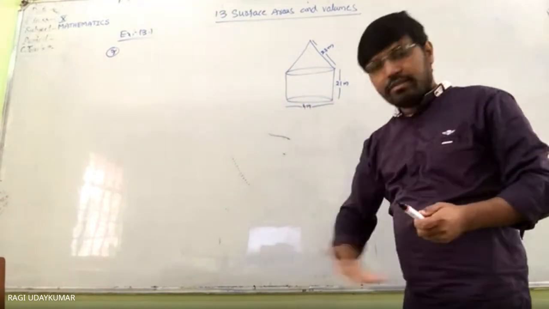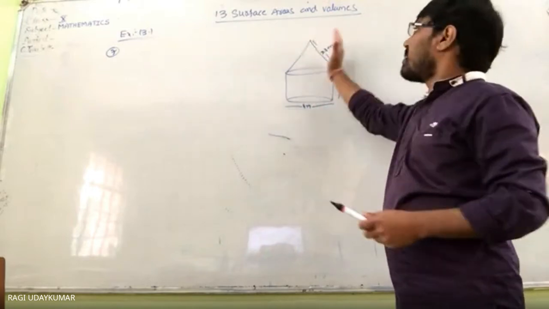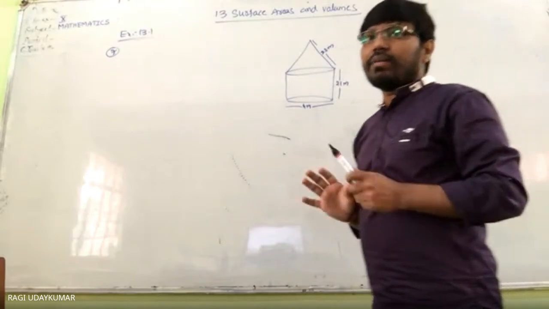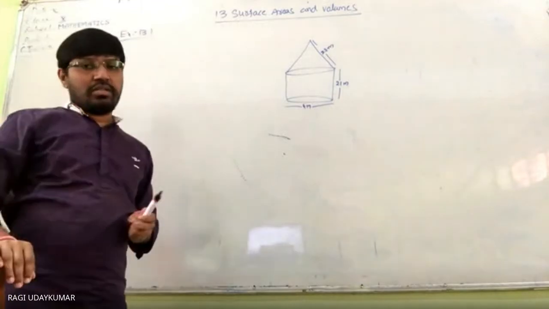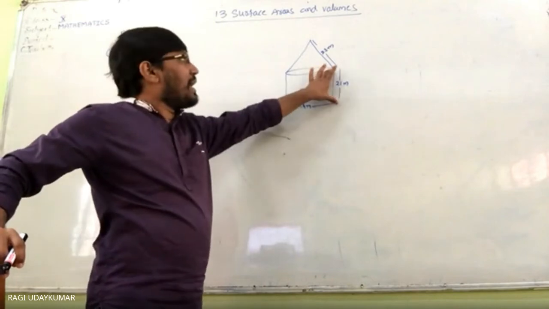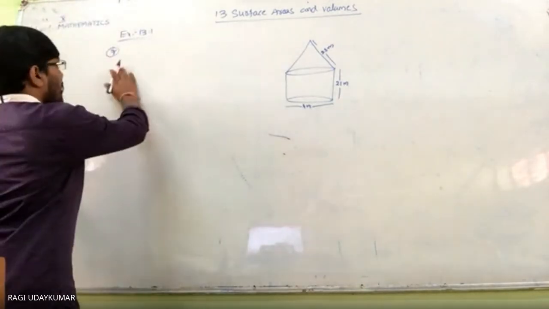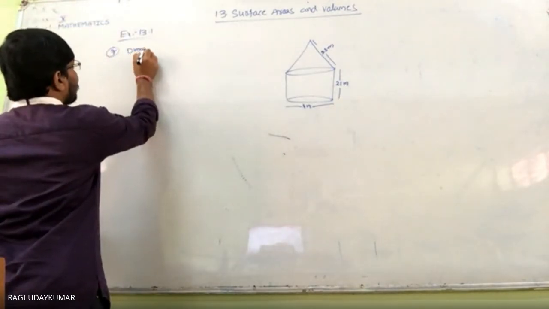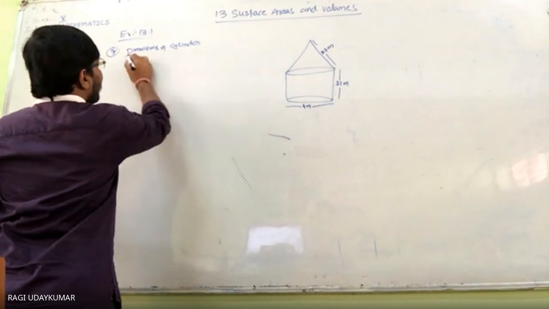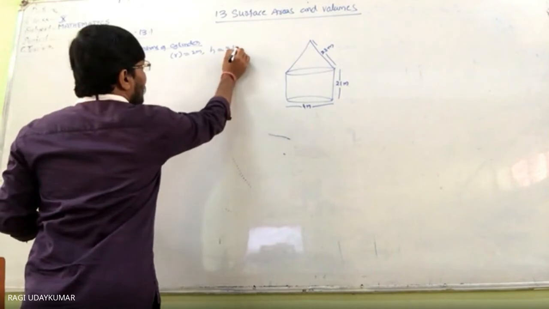ये नीचे canvas नहीं है बोलकर. So that is nothing but only curved surface area of the cylinder and curved surface area of the cone. दोनों add करना. Total area of the canvas used for making the tent to find it. So before that we are having a diameter ये है and here also radius is given to you. If you want, you write here dimensions of cylinder. Like this also you can write cylindrical part. इसमें radius is equals to 2 meters and height h is equals to 2.1 meters.